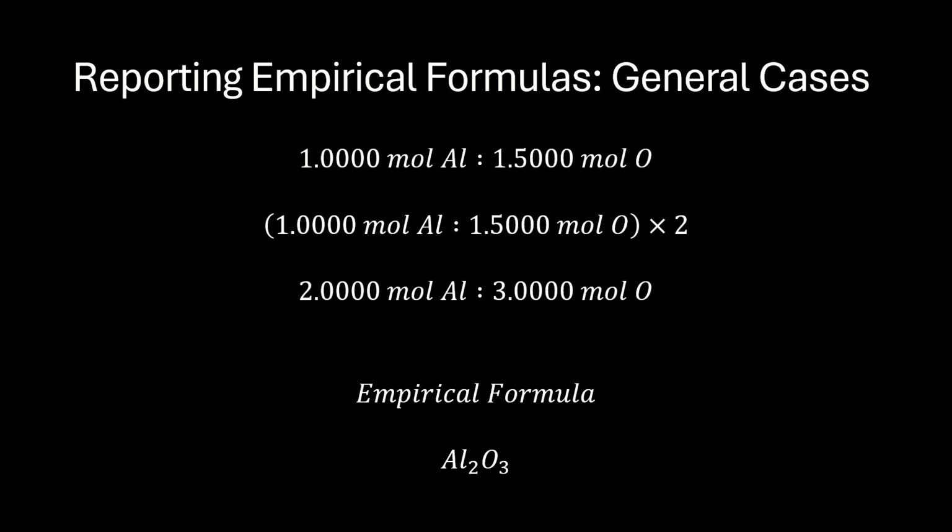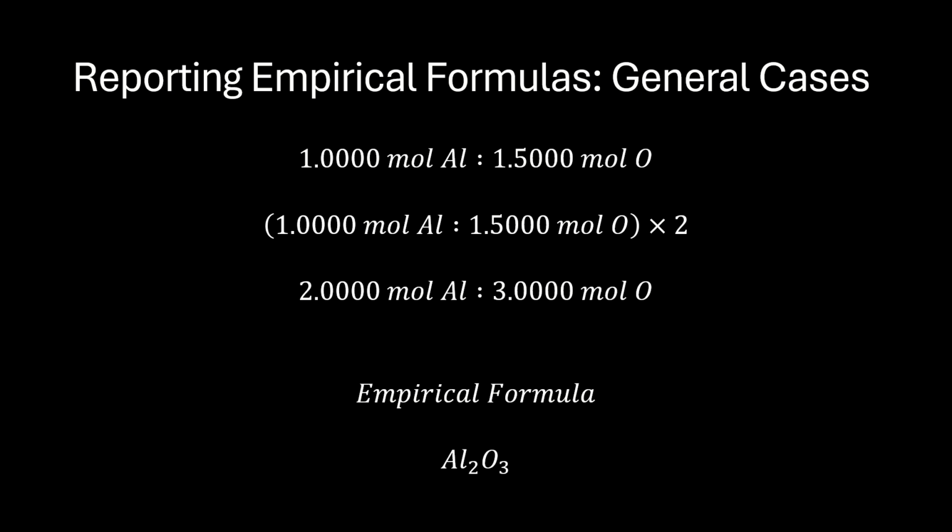In that scenario, if one of your simplified mole amounts ends in 0.5, then multiply all of the mole amounts by 2. So what we end up having is 1 mole of aluminum times 2 and 1.5 moles of oxygen times 2, getting us a ratio of 2 moles of aluminum for every 3 moles of oxygen. Therefore, now that we're at whole numbers, the empirical formula would be